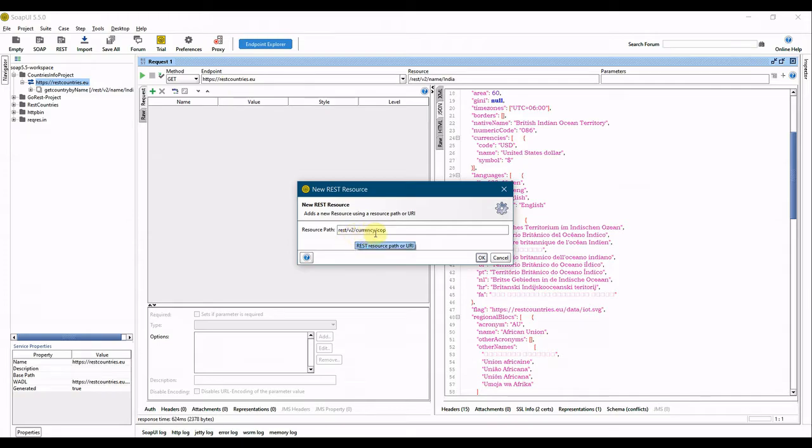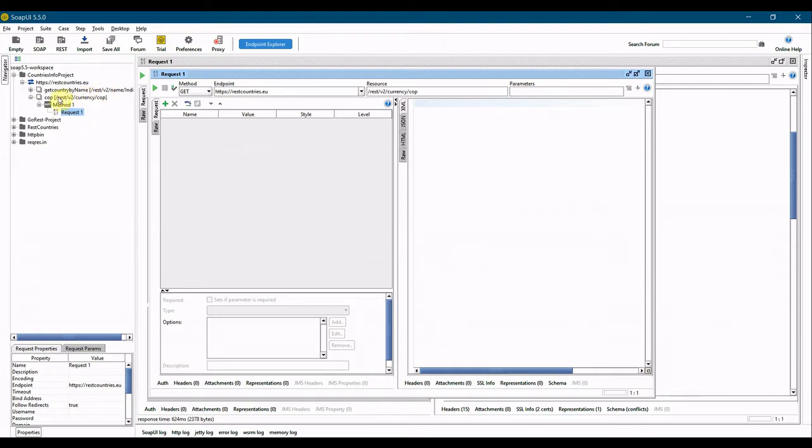Just paste the end part of the URL and click OK,